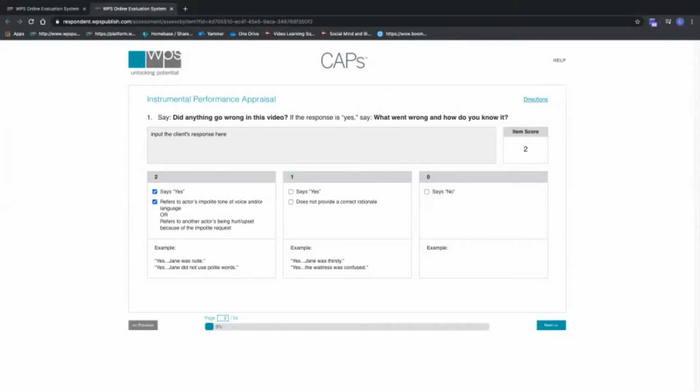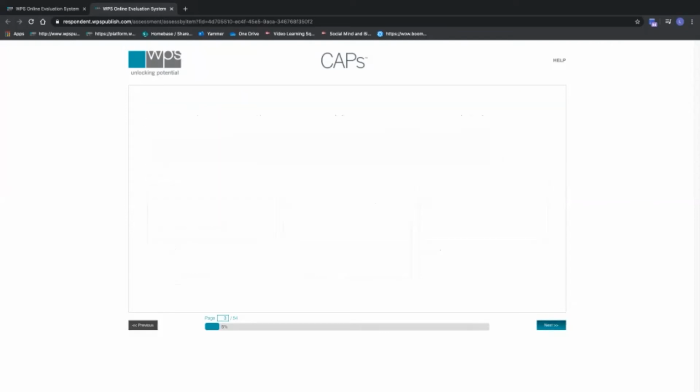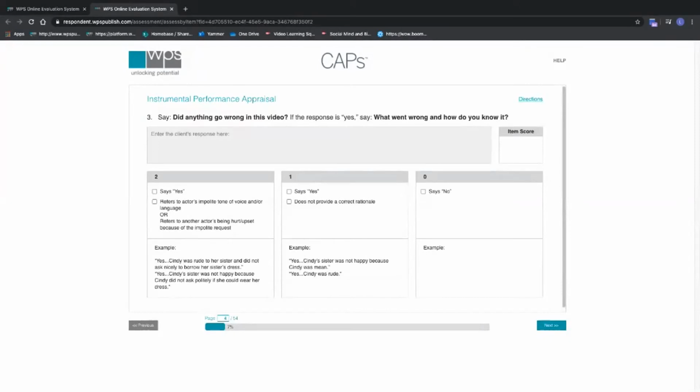So if they did both of those, it automatically populates a score of 2 over here. Go to the next one. If they had a score of 1, you click here, it will auto-populate the score. And again, you can input the student's response, click next, and you can do that all the way